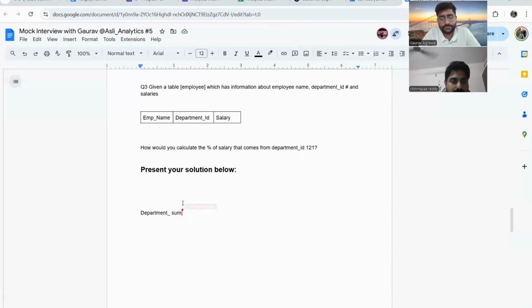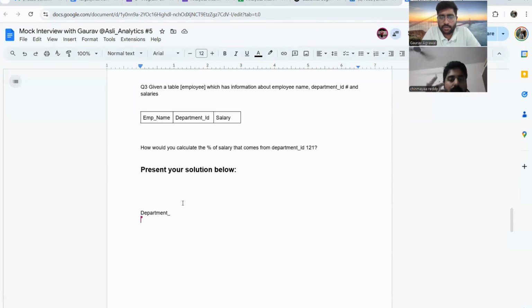Post that, I'll make another column with a total sum of salaries, basically a running sum, not department wise.